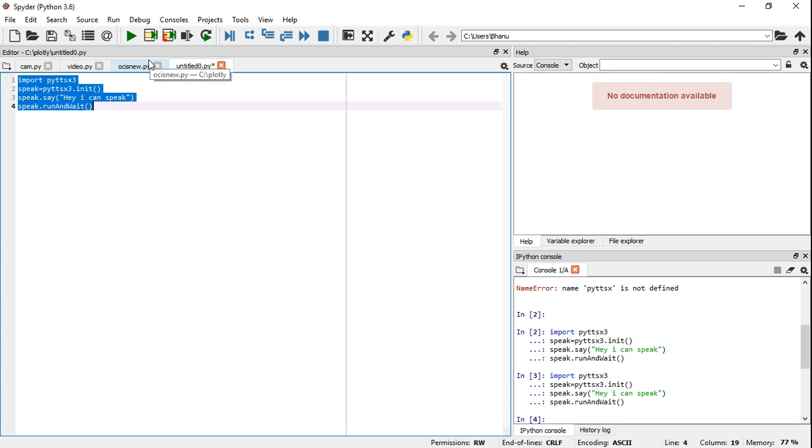So as you can see, we are successfully able to convert our text into speech just by using 4 lines of Python code. So this was just the basic how to use this library. In the next tutorial, I'll let you know how to make a complete audiobook out of a PDF just using this library. So stay tuned for that, and thank you for now.